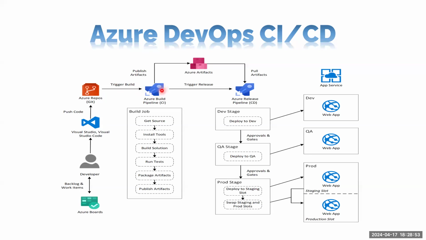The integration pipeline consists of getting our source code from GitHub and installing the required dependencies, building our code or compiling our code from a high level language to machine level language, running our test cases, and publishing the artifacts. Artifacts means